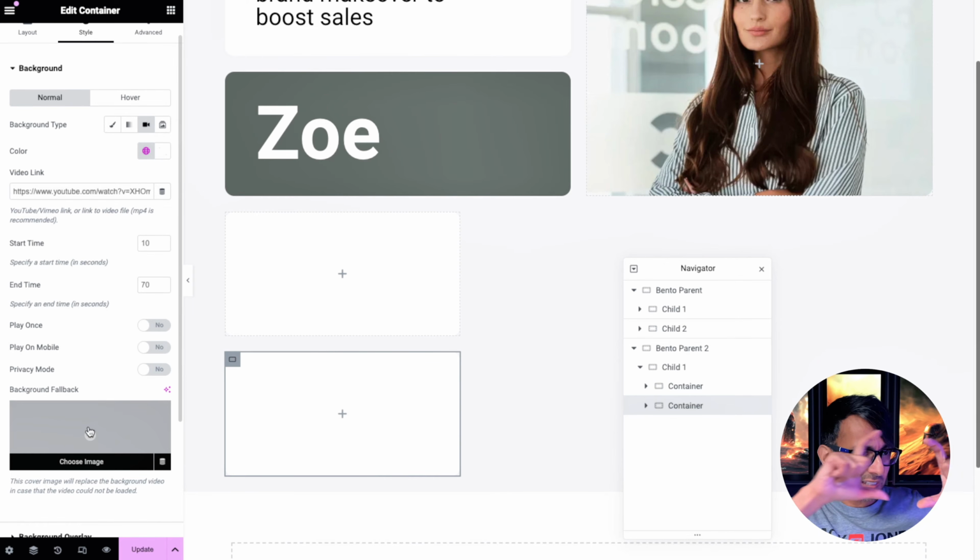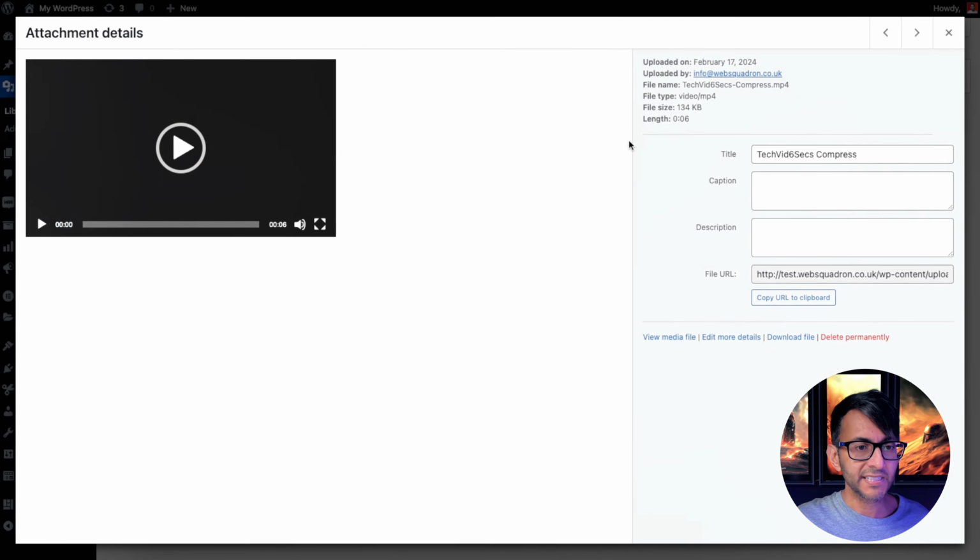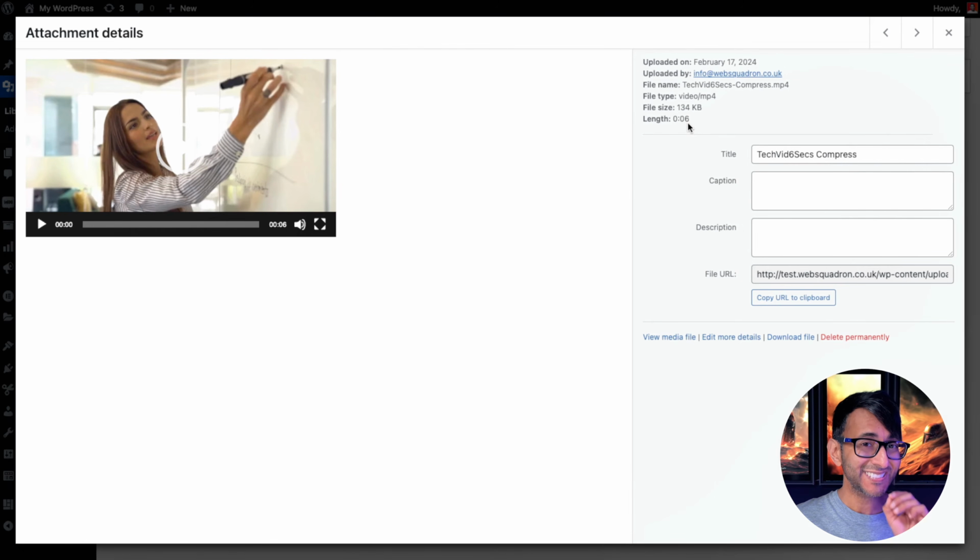So don't just take a bit of the video, take the full screen without any controls. Neat trick you want to try out. But I'm doing something a step further. If I go to my media library, I have added in a video that is only 6 seconds long, and